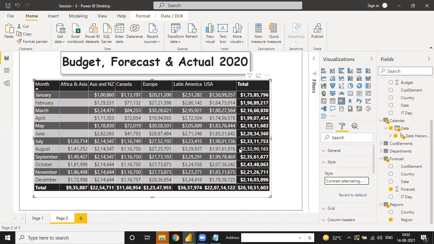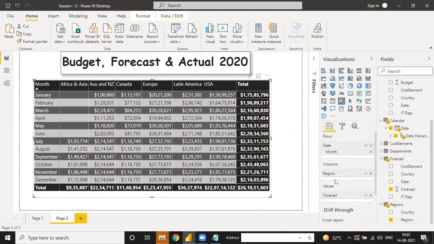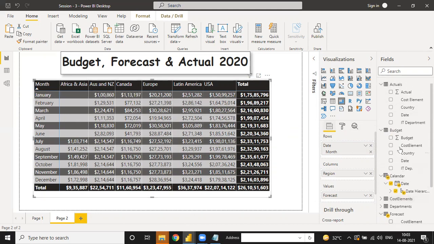So what is conditional formatting? So conditional formatting is done with the steps over there, right? Suppose in the month of January, the total of Australia and New Zealand budget is, this one is only for budget, forecast. Okay, so forecast of Australia and New Zealand is 1 lakh, and when you click over there is a budget also.